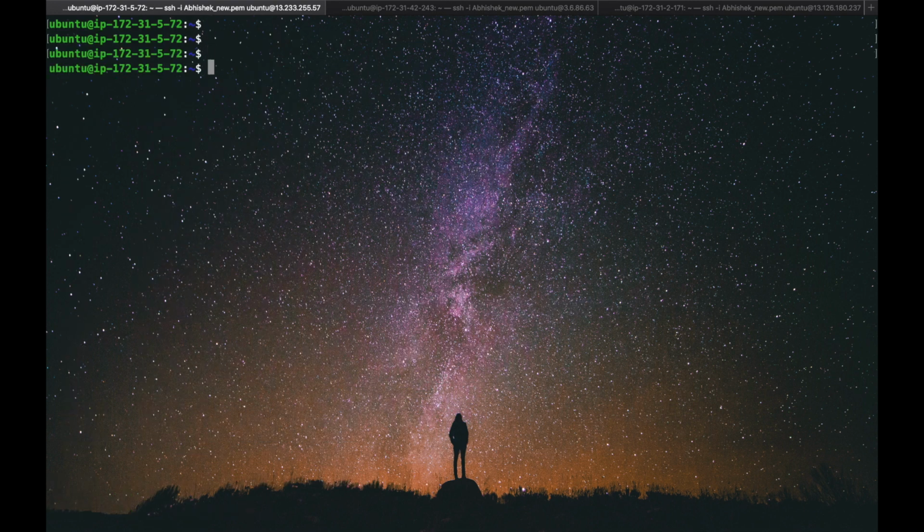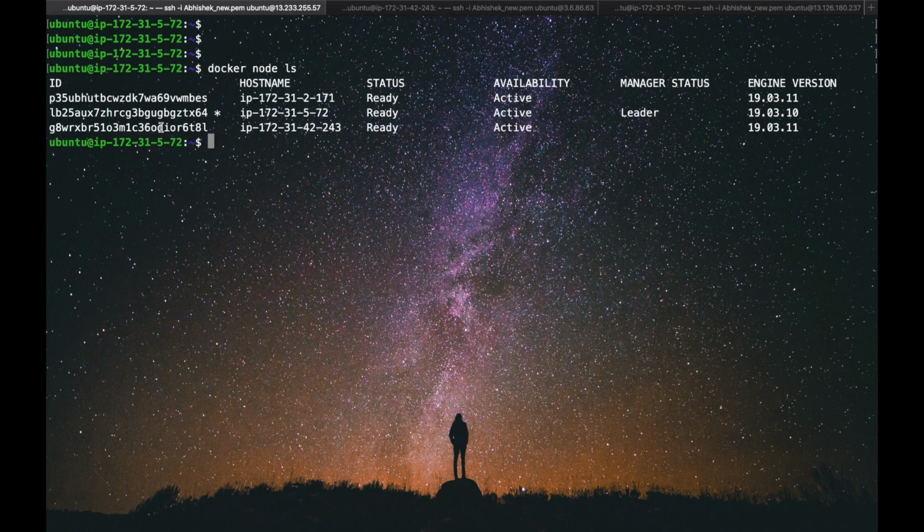Okay, now the next task is to put a node in the drain state. docker node ls. So we are making this node drain. The command is docker node update --availability=drain, and we have to provide the ID.